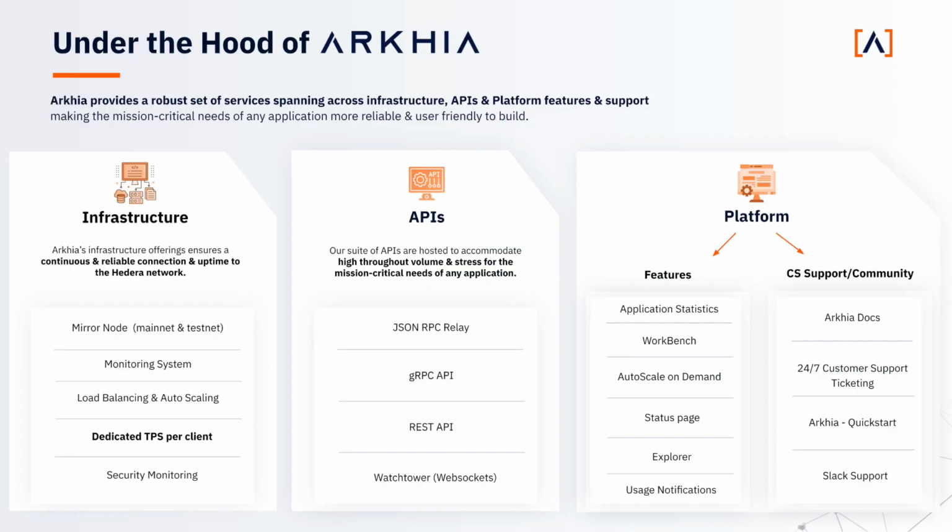So a little bit under the hood, what do we have? Like I mentioned, mainly enterprise-grade infrastructure, APIs, and platforms. Let's talk a little bit about the first one. For anyone that doesn't know about the Hedera network, they do provide community service nodes that allow you to tap into DLT data. One of the main caveats is that it's very limited per request per user. So if you're serious about building enterprise-grade applications that demand volume and reliability, that will not get you running for long. And that's where the demand for value came in from ARKHIA,